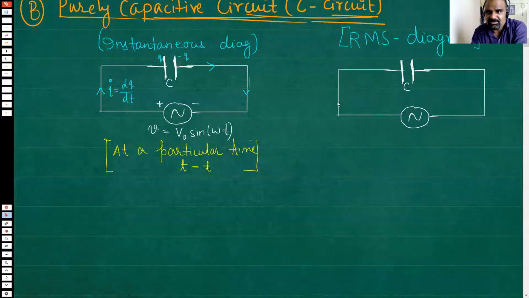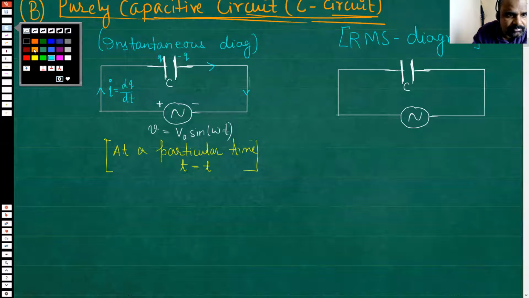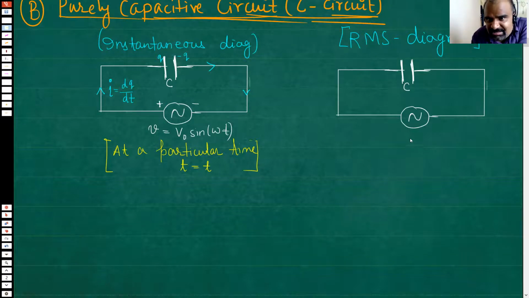I will write the current once more. So here we will show the voltage just like last time we had shown. Yeah, last time we had shown this voltage like this, RMS values. And what about the current? Current, we can't show direction. We will show only RMS values like this. Okay. Charge we will not show, because the charge on an average will be 0, because the capacitor will get charged, discharged, and so on.